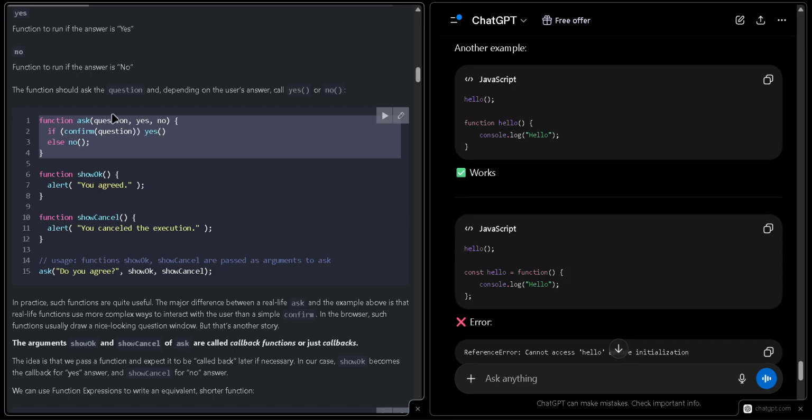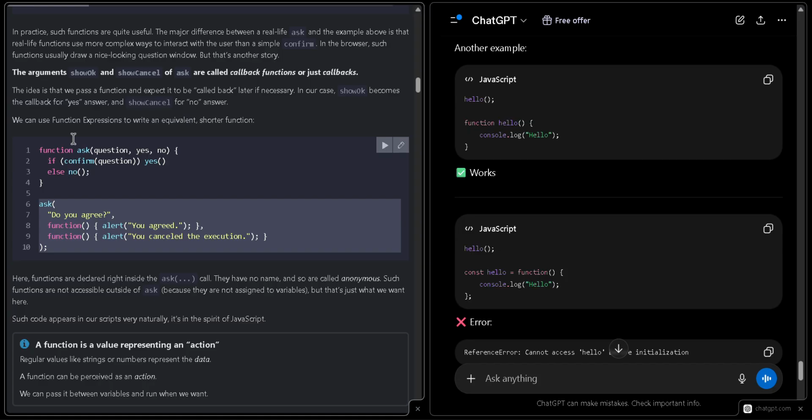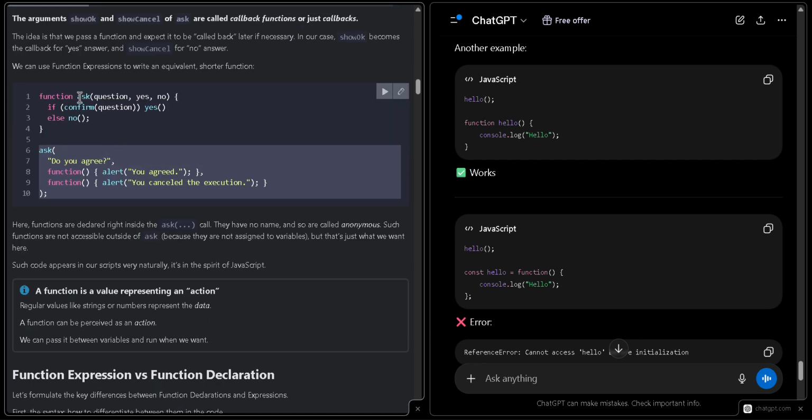Ask, do you agree? Show okay. Show cancel. So do you agree? Send us a question. Get show okay. So essentially we just have a function,